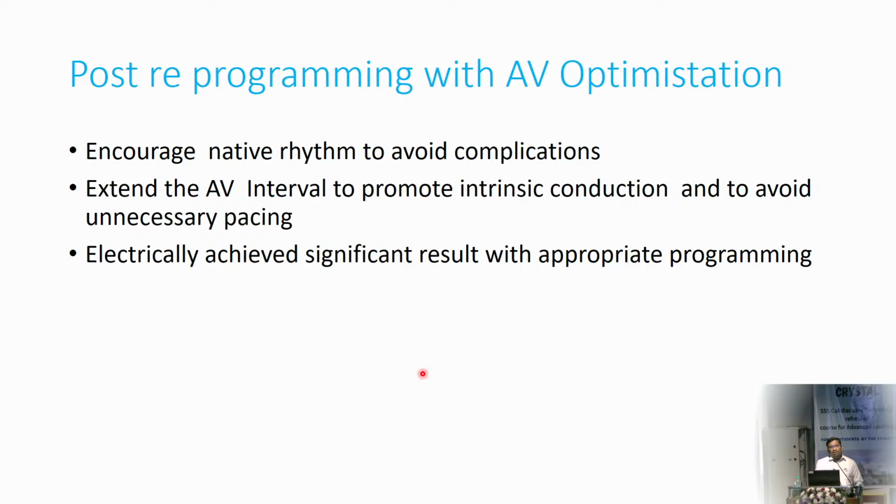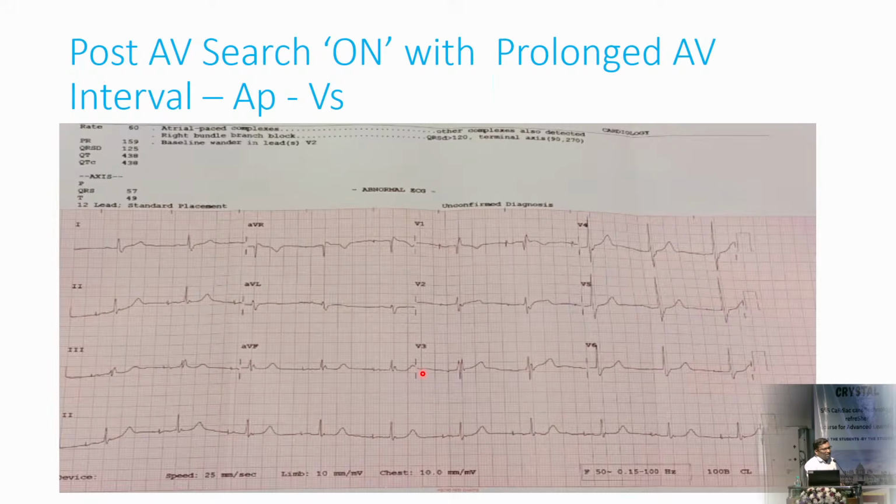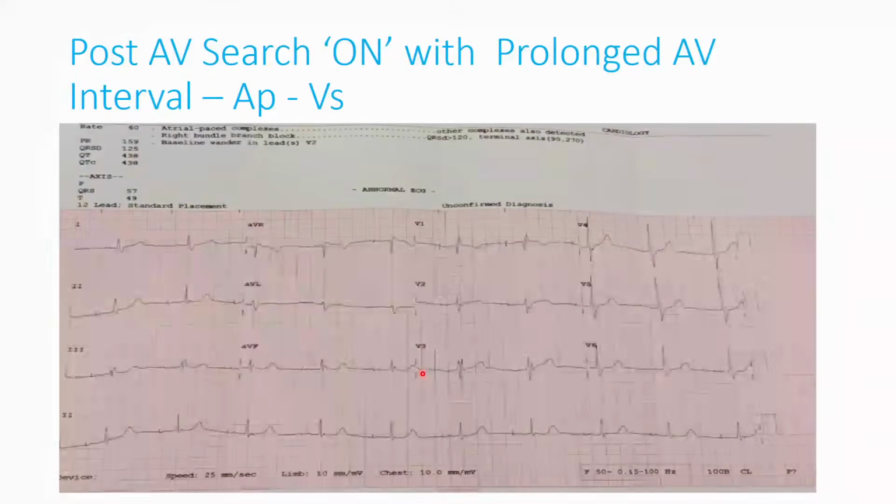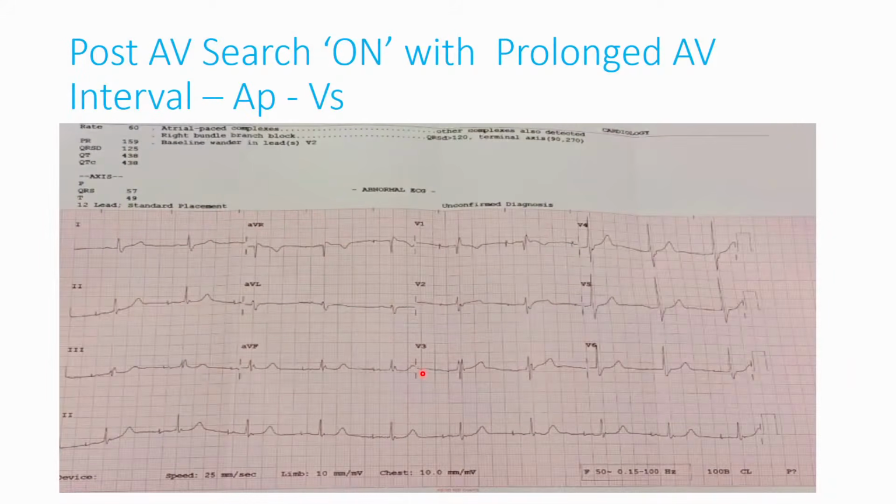So whatever algorithm or programming options you use, basically we need to achieve the appropriate result. So this is post AV search. I saw this patient, and we could see there's no good AV conduction, so we paced only the atria and then allowed AV nodal conduction. So the beautiful RBBB pattern of ECG, and of course in this patient, unnecessarily, if you pace, it may